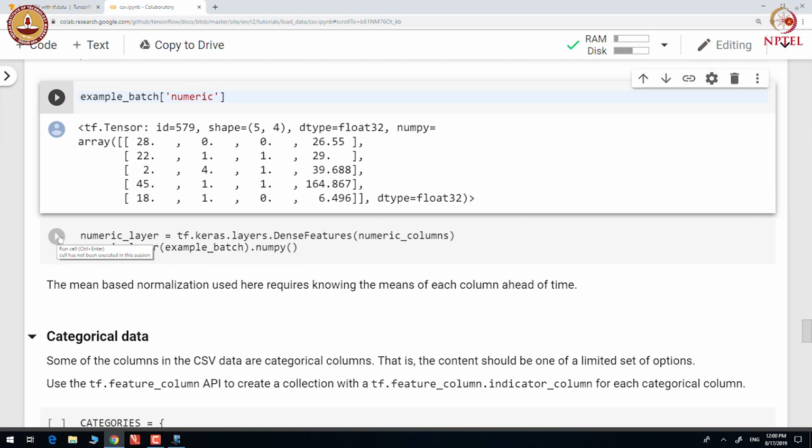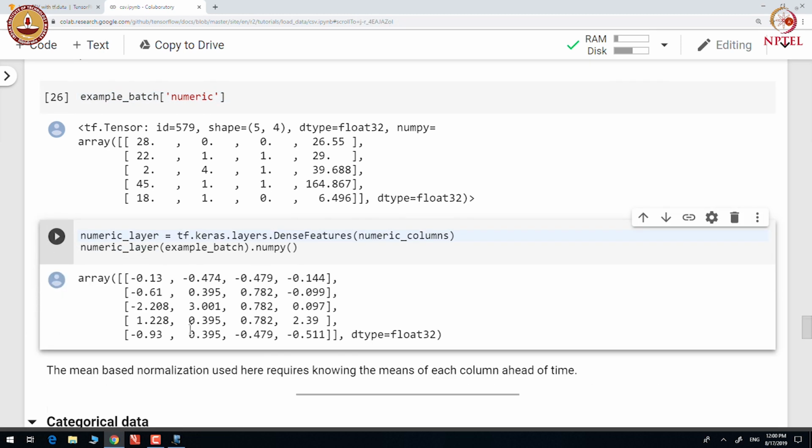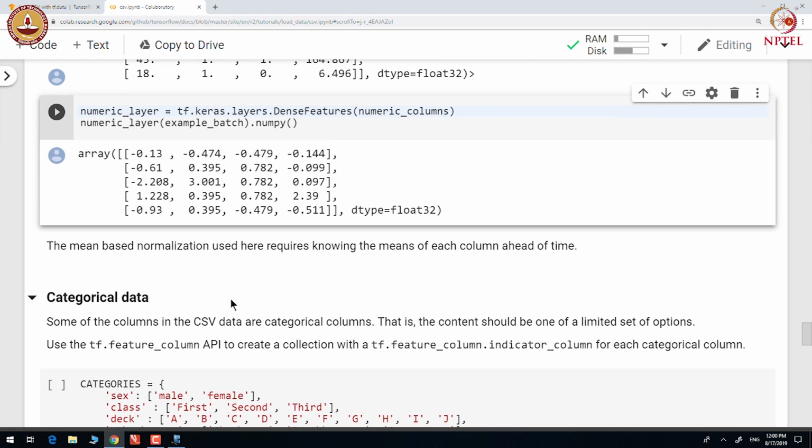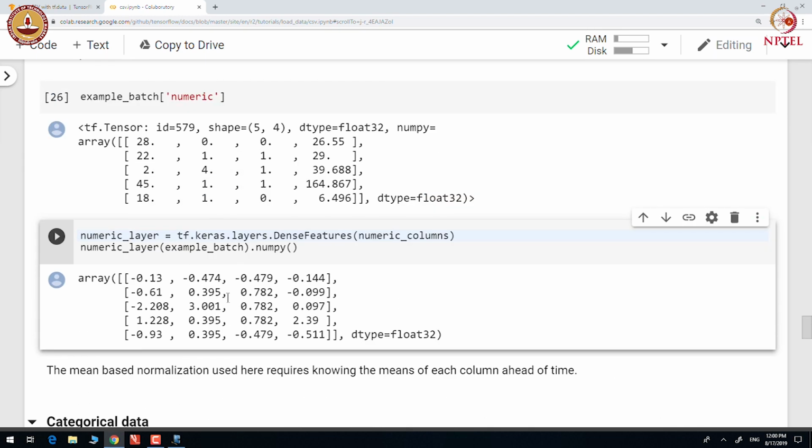Let us put all the numeric columns in the dense features and pass it to the model. So, you can see that the numeric layer has normalized data for each of the numeric features.